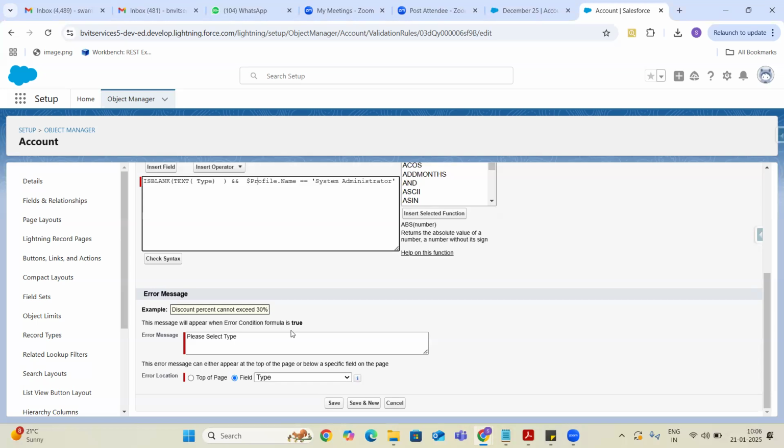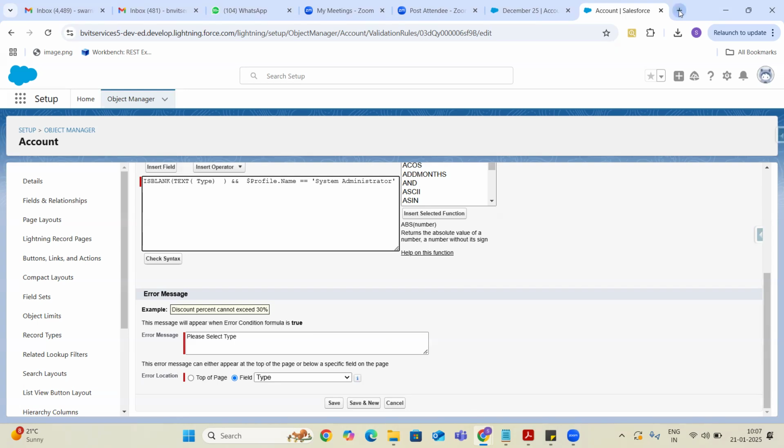The main use of validation rules is that, guys. While we are capturing the information, we display messages to the users, so that we can store proper, meaningful data in the database. That is the main agenda of validation rules.